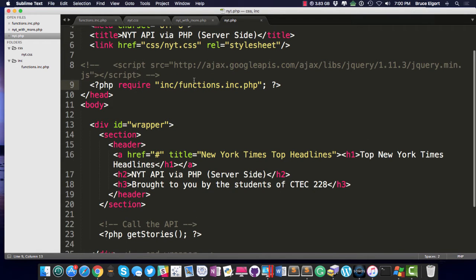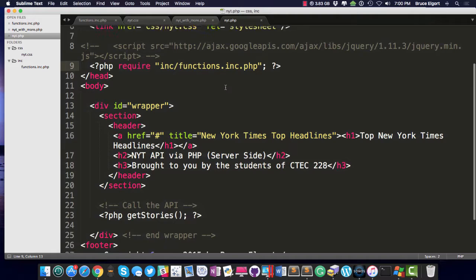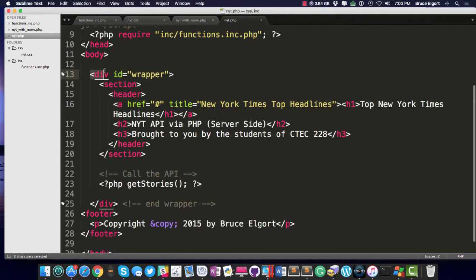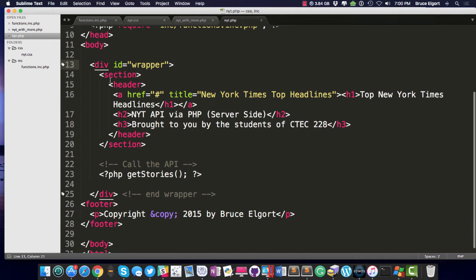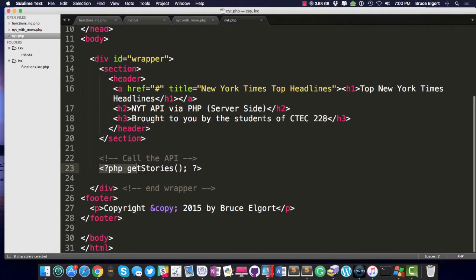So I include my functions.include.php. I have my wrapper, okay, right here for the page. I have a section and a header. This is for all the title stuff. But here's where all the magic happens on line 23, where I have a PHP block that calls a function